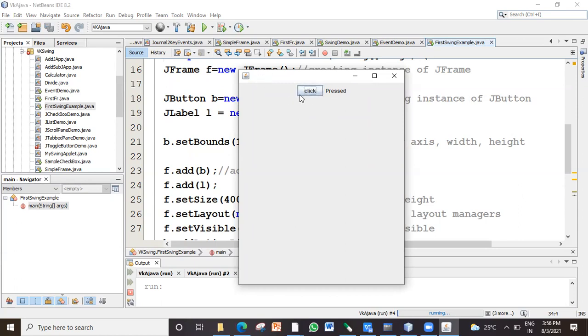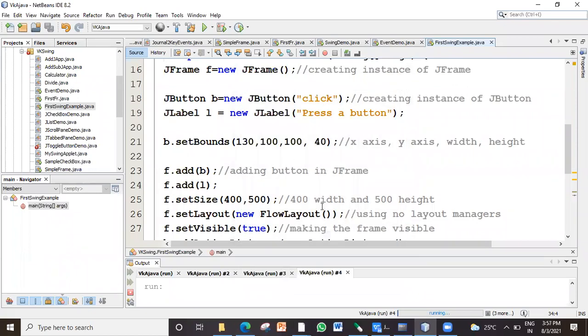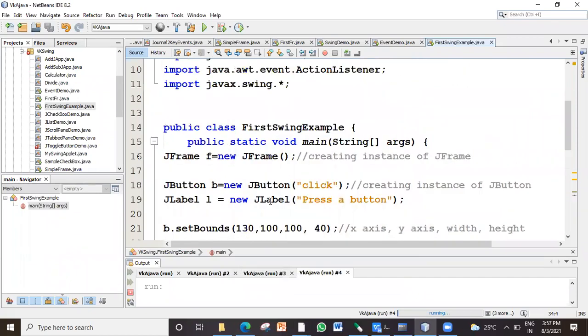If you want to modify this program, you can even check. If it is pressed, you can say repressed, something like that. But of course, it will be little complicated programming, but you can try doing that. Or instead of pressed, you can display a counter of how many times it is pressed. Although it is little complicated and you will have to set a variable which does not lose its value. Anyways, you can imagine some programs and try doing them on your own.